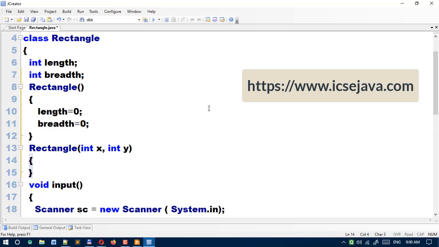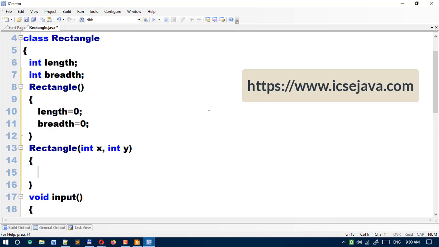Okay, then here inside a constructor, you can see length equal to x. Length is a data member variable and x is a parameter variable. So we assign the parameter variable to the data member variable.